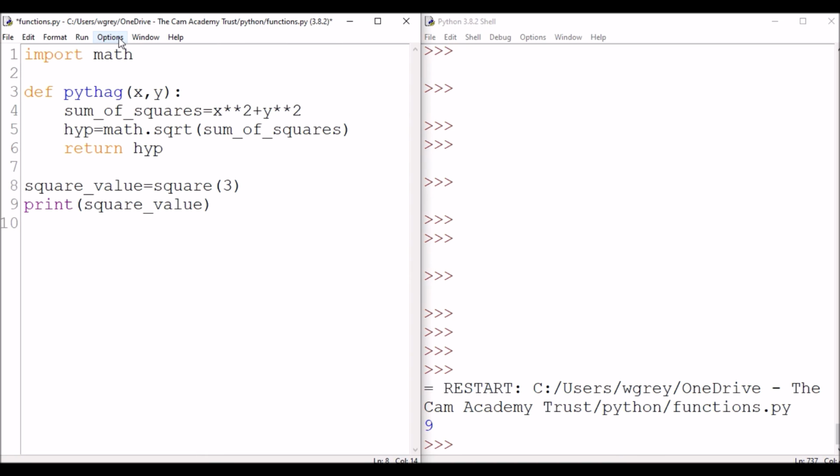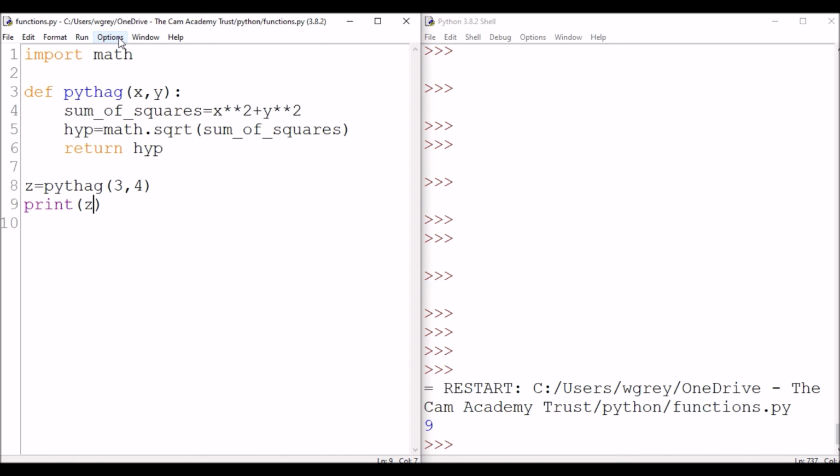And now again we can just change this to Pythag, so we'll call it, and we now need to put in two values here, so we're going to do 3, 4, so those are the lengths of our two sides. We're going to return hypotenuse, but we can give it a different variable. We're going to call it z, and we're going to print out z